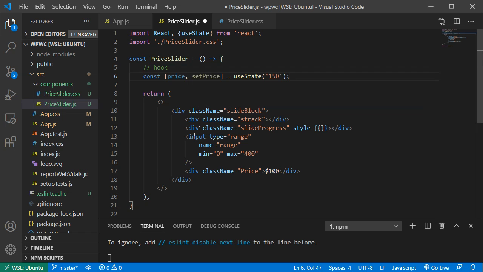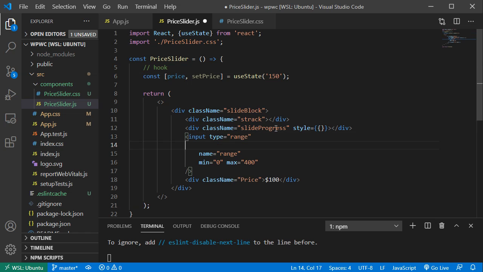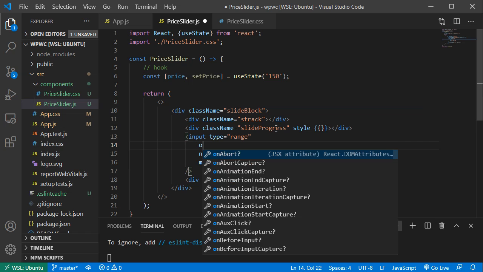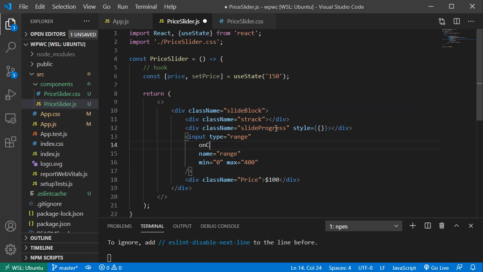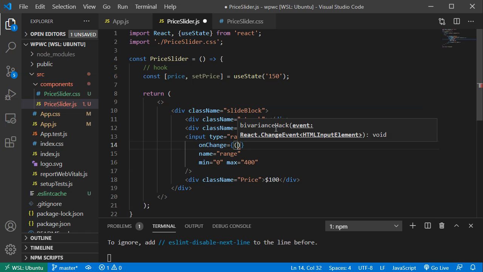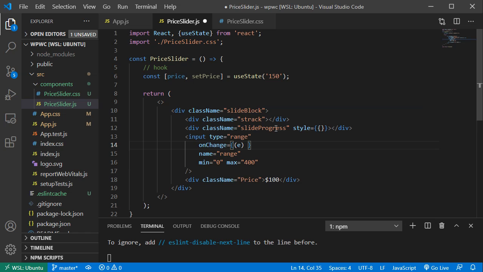Okay, and now in this input type range I'm gonna have onChange, and whenever the value is gonna change, I'm gonna grab the event and call the set price function from here, and I will update the hook state. So set price,